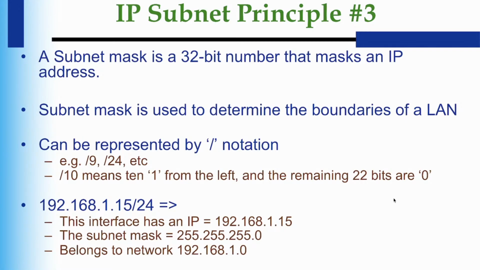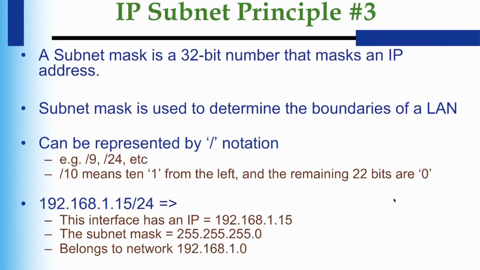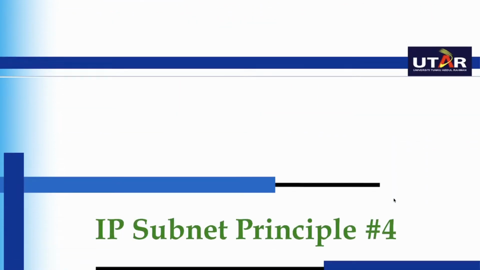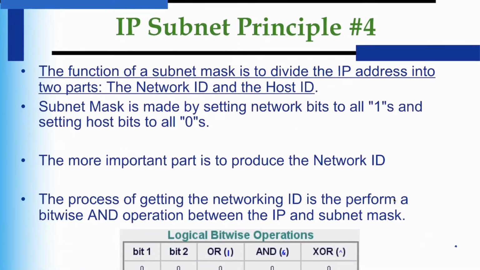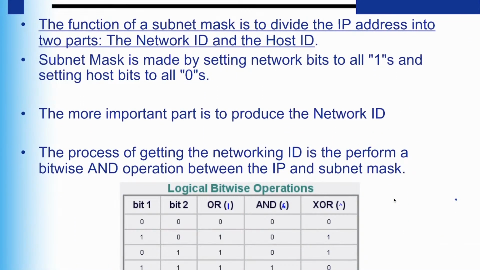Okay, now subnet mask is 32-bit and is used to determine the boundary. So we already explained this one here, the interface. Okay, we can skip this one and then we go to principle number 4. Okay, now this is what I just explained to you. Principle number 4 says that